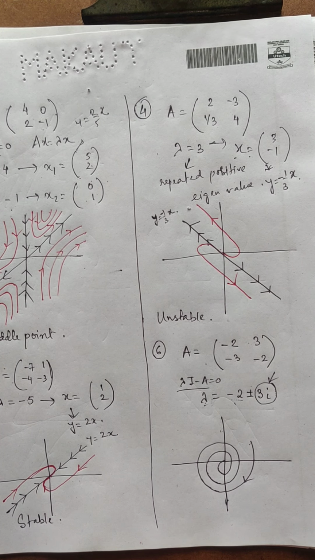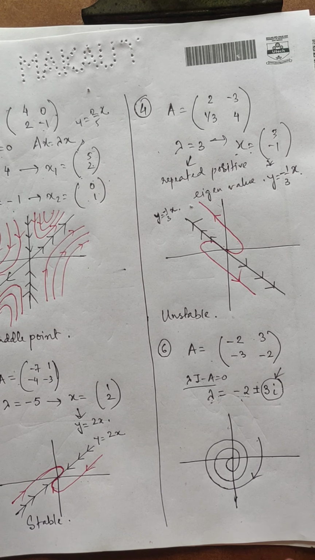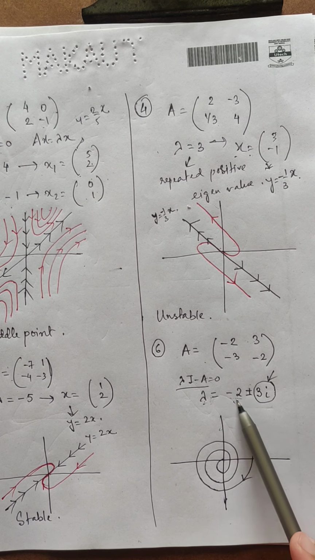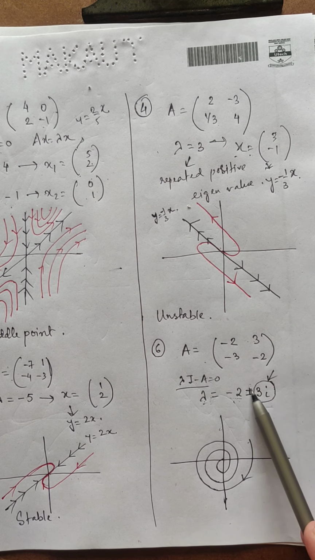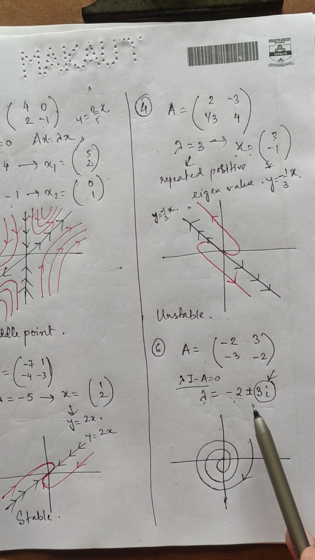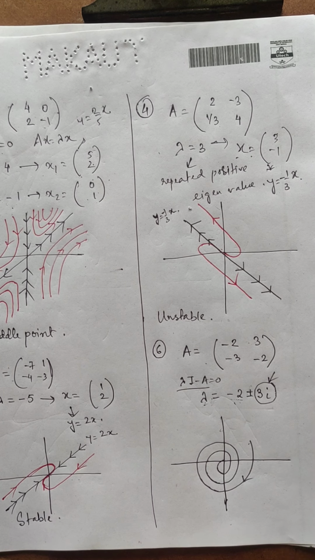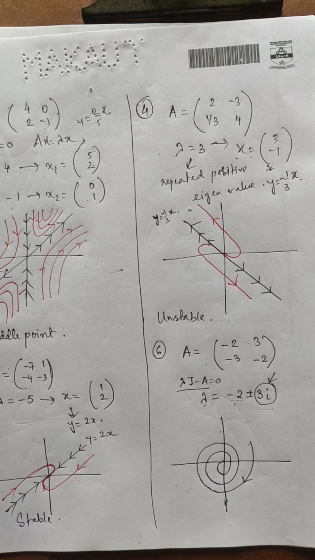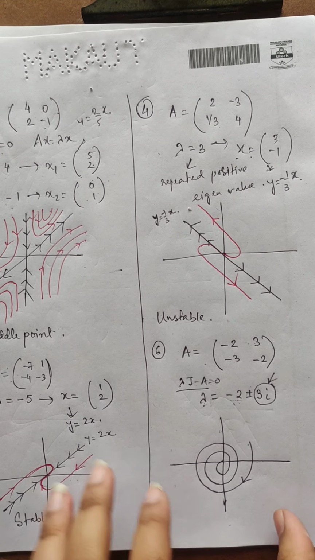So this is the phase portrait when I have an eigenvalue with a negative real part and with a complex conjugate part indicating sine and cos terms present in my expression. This is the case when I consider negative real parts of a complex conjugate. Now the next category will be when I have a complex eigenvalue with the real part as a positive value. So same way I will use